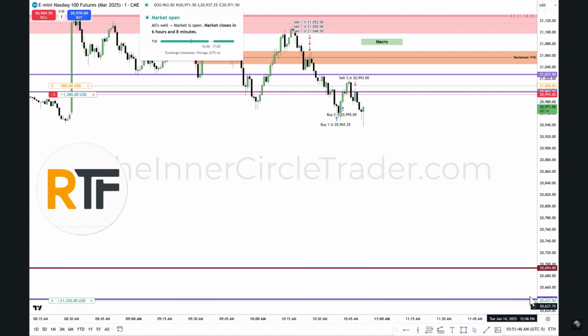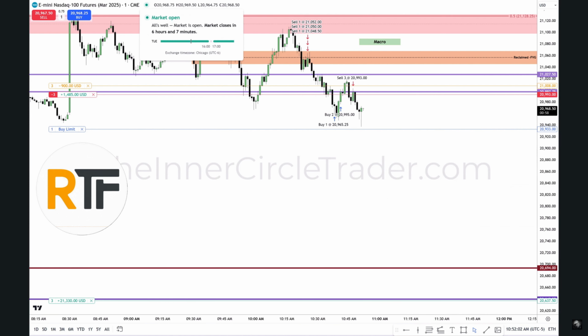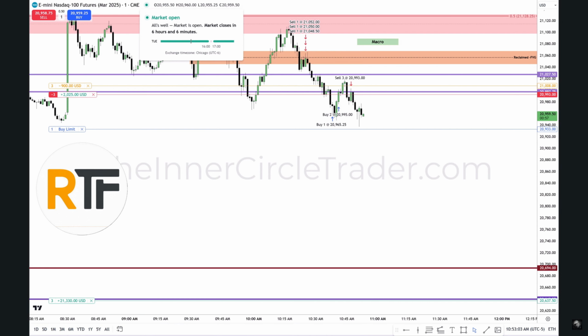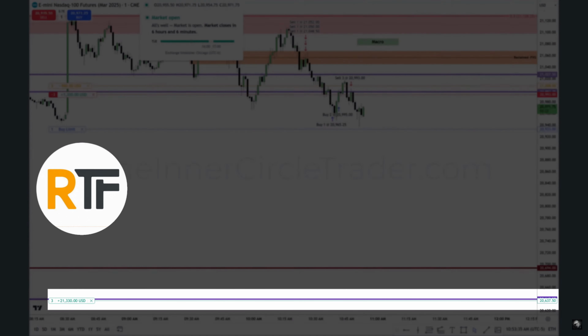Okay, so it's done that here. Now I'm going to look to take another partial once it makes a lower low. I do think it's going to go lower. I have a best case scenario trading down to the 20,640 level with a limit order below